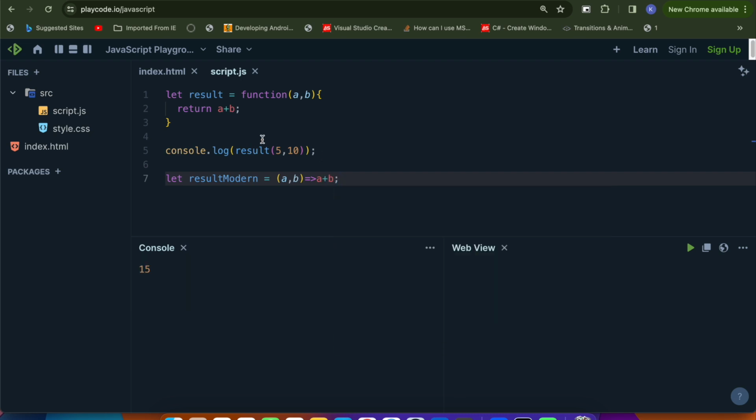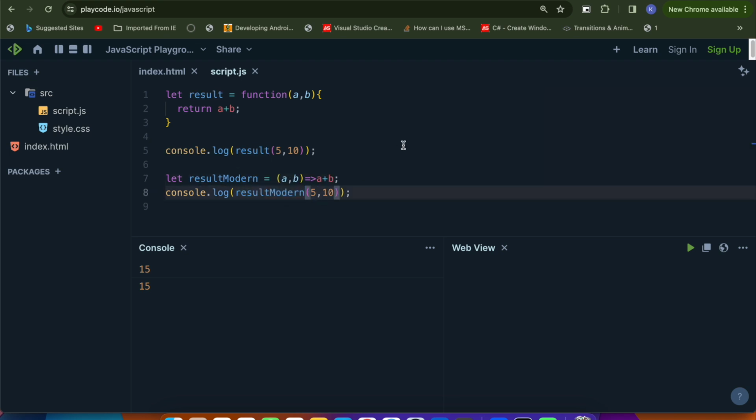Okay, now again, if I call this modern result, 10 and 10. So here, if you see, the function is still working and we have reduced the code from 3 lines to just 1 line. All we have done here is remove the function and return keyword and use the new fat arrow symbol